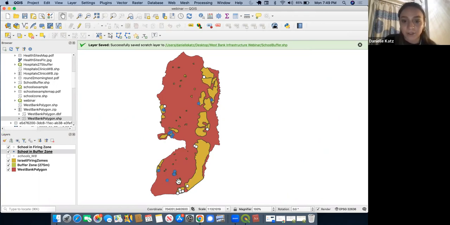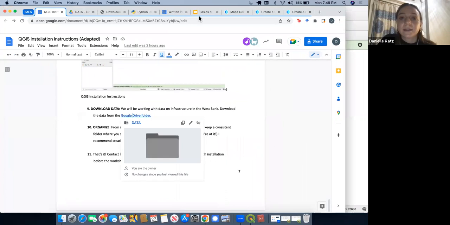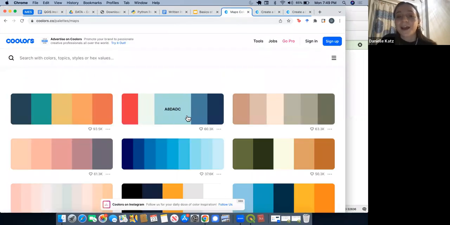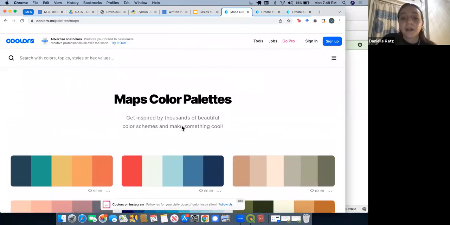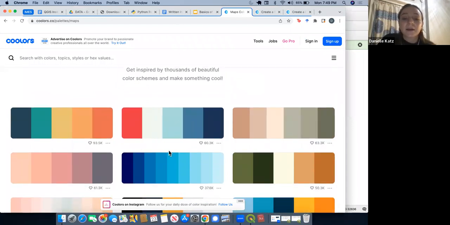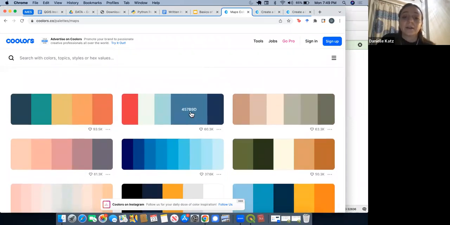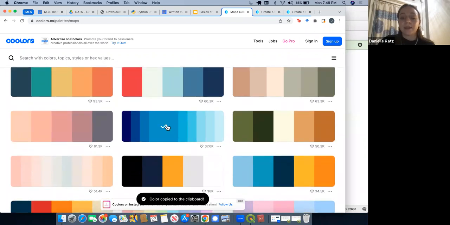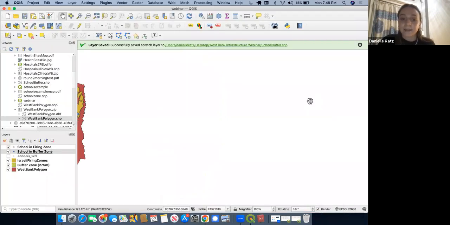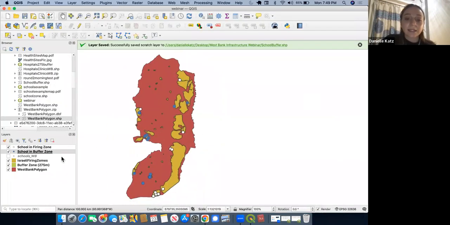So I want to show everyone a tool that I use that I think makes it easier to find colors to use. It's this website called Coolors, and it's completely free, and it copies the color palettes that you want, or the individual colors from the color palettes, directly to your clipboard. So you can just click on it if you like that one, and paste it into QGIS. So for example, if I wanted this sand color as my background, I just clicked it, copied it, and when